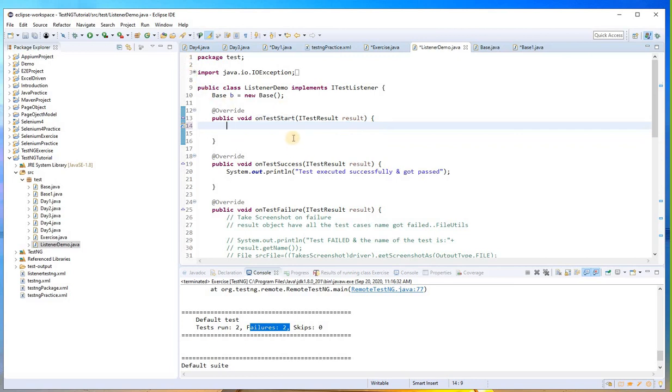So it gives you the freedom to put whatever code you want in the body. It means when on test start, when execution has started, if you want to put any code over there, like any printing statement, anything you want to do, that will give you output in your console or on your log. On test start covers all the classes, all the test cases